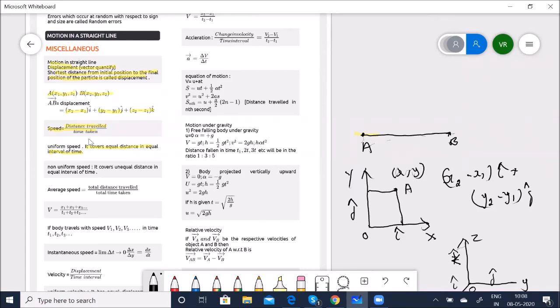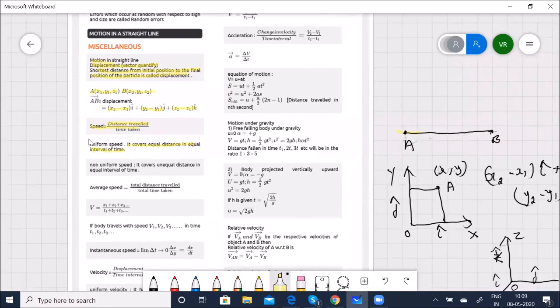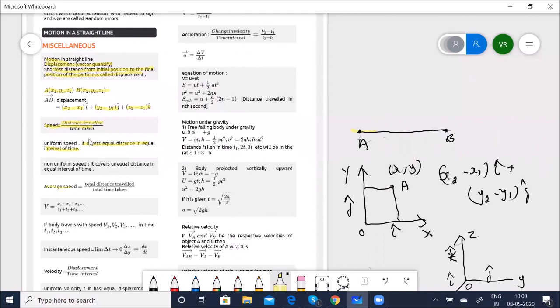Here, we are going to learn something more, that is the instantaneous speed. This is the average speed I told you. Now suppose you consider a system of particles where the objects are at distances x1, x2, x3 from the origin, and let the times taken for these particles to travel from the origin be t1, t2, t3.